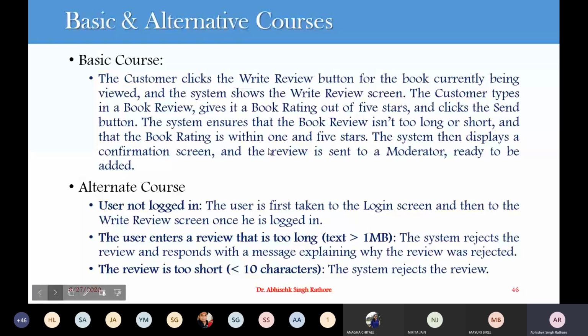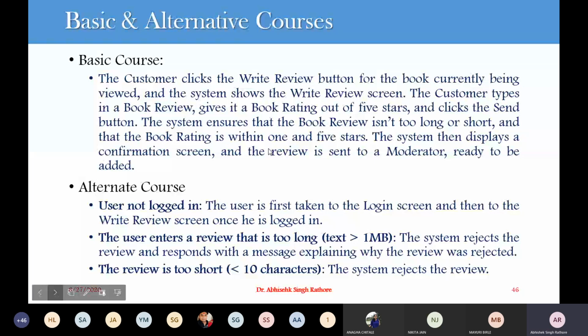Then the customer types in a book review, gives a book rating out of 5 stars, and clicks a send button. Then the system ensures that the book review isn't too long or short, and that the book rating is within 1 and 5 stars. The system then displays a confirmation screen. The review is sent to the moderator, and it is ready to be edited.